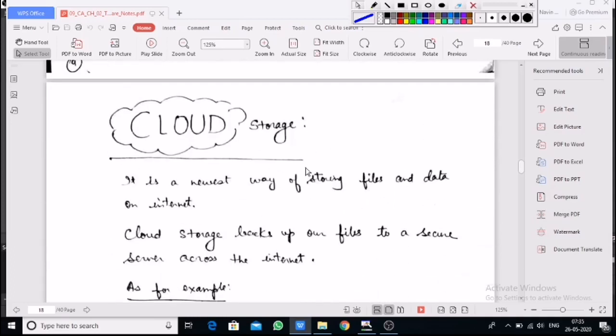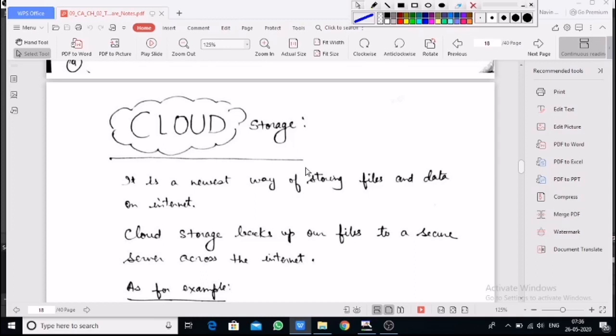Then the fourth, one more new storage medium, that is cloud storage. We are all familiar with cloud storage, OneDrive and Google Drive, and many more, right? You had better know many cloud storage names. As the name says, cloud is up above in the sky. That means when we store the data on the internet, that is known as cloud storage. It can be free, and it also takes charges to use it, right?